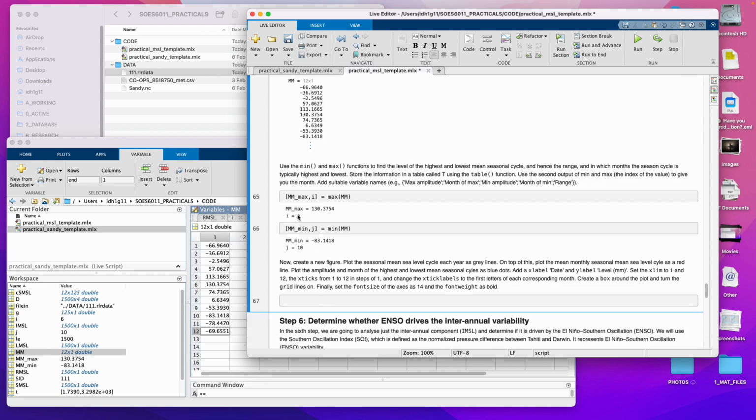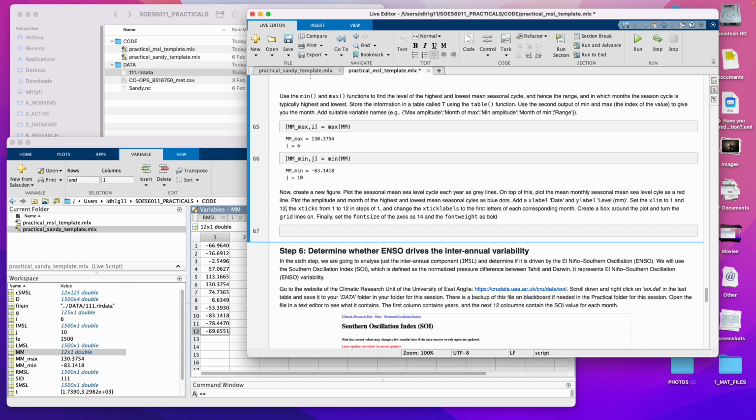So actually the seasonal cycle peaks in June. It's maximum in June and minimum in October. Okay, now what I want to do is just save that variable